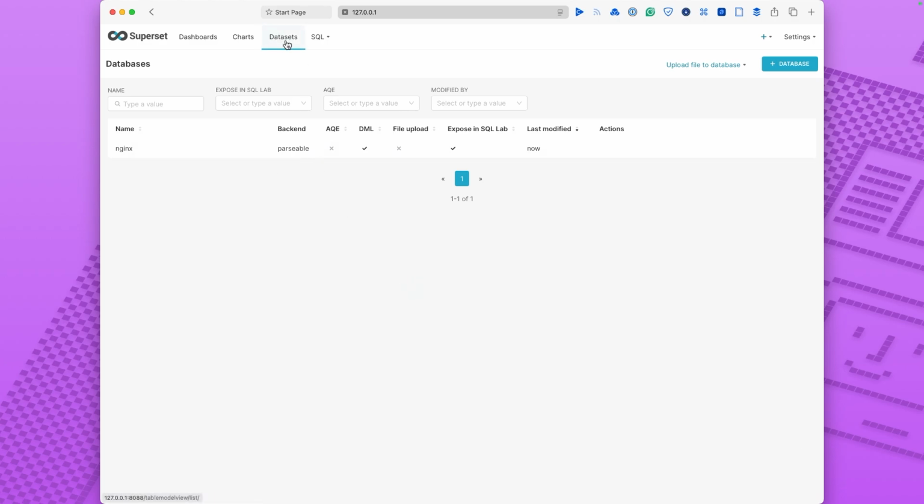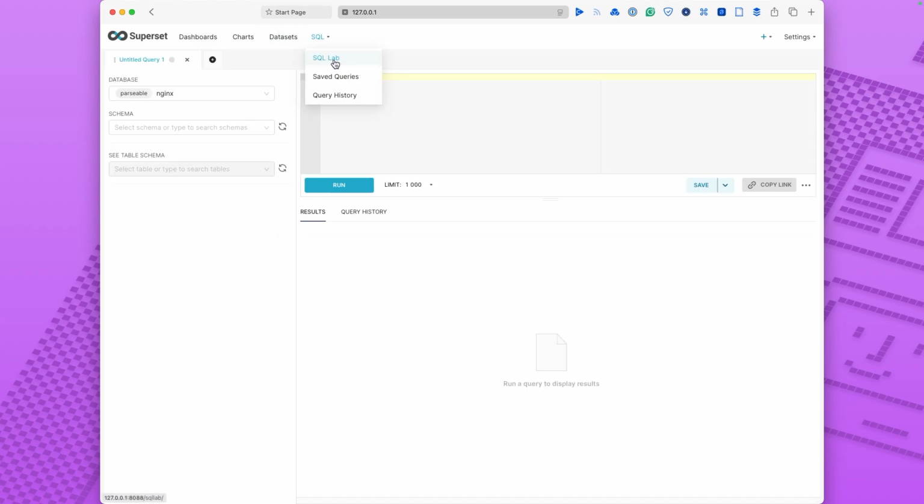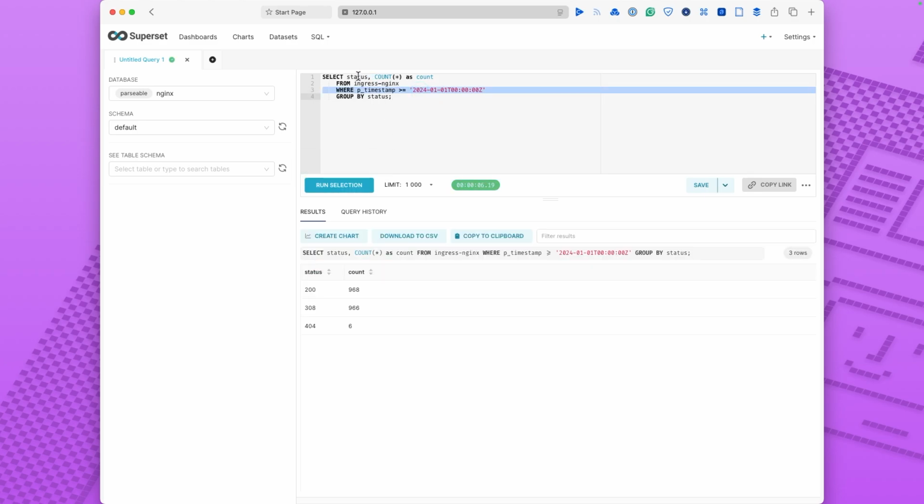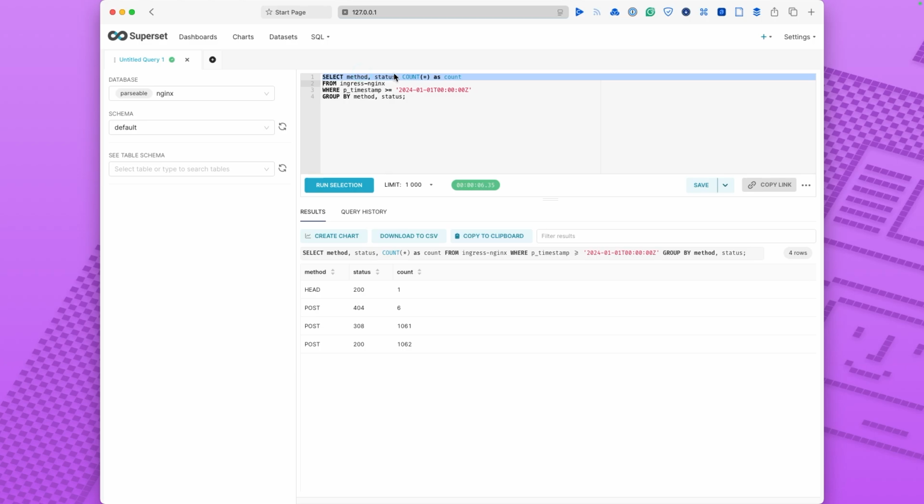And in this case, you don't need to create a data set. So if we get to the SQL Lab tab here, select the database. It will only show you ones that have been set to work with SQL exploring. I try this query here. And this, for a particular timestamp, returns the status as a count. And there we go. And you can also get this as a CSV and then create a chart directly from it. And then another one that's pretty similar. Based on this timestamp, we return two fields and group them by each other and return the count.